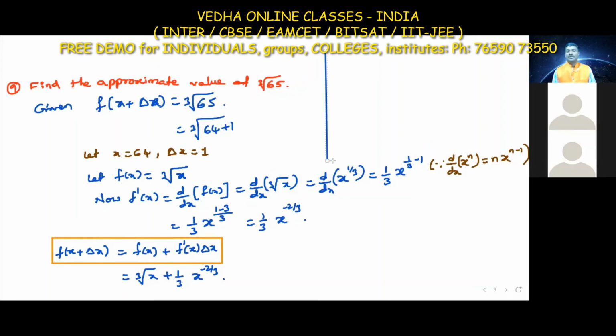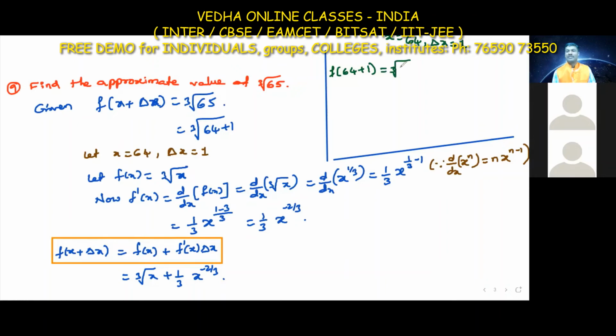Okay, so here I am writing the value. Already we know the values. What is the x value here? The x value we already have is 64. The value of x is 64 and the value of delta x is 1. Is it visible? Delta x value is 1. Okay, now f of x plus delta x, with x as 64 and delta x as 1, is equal to